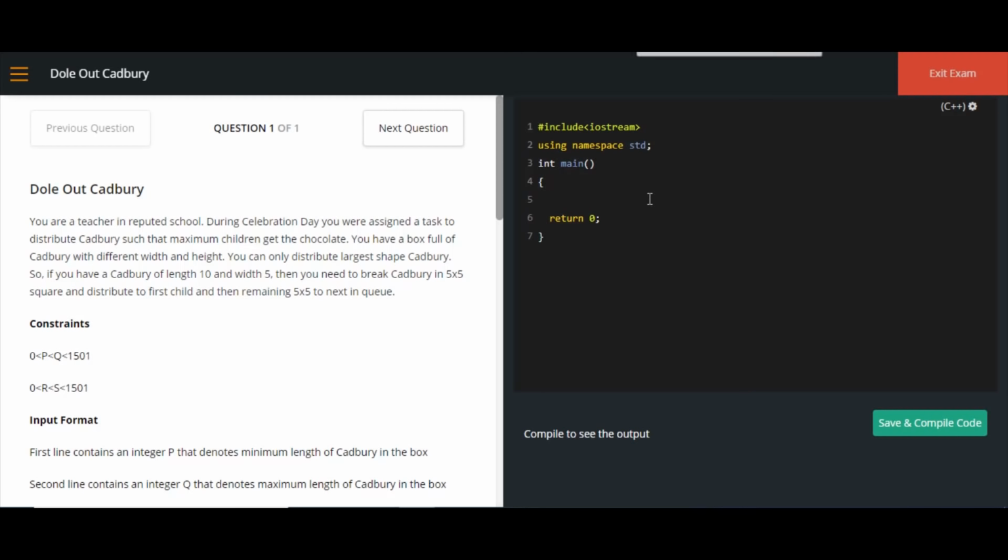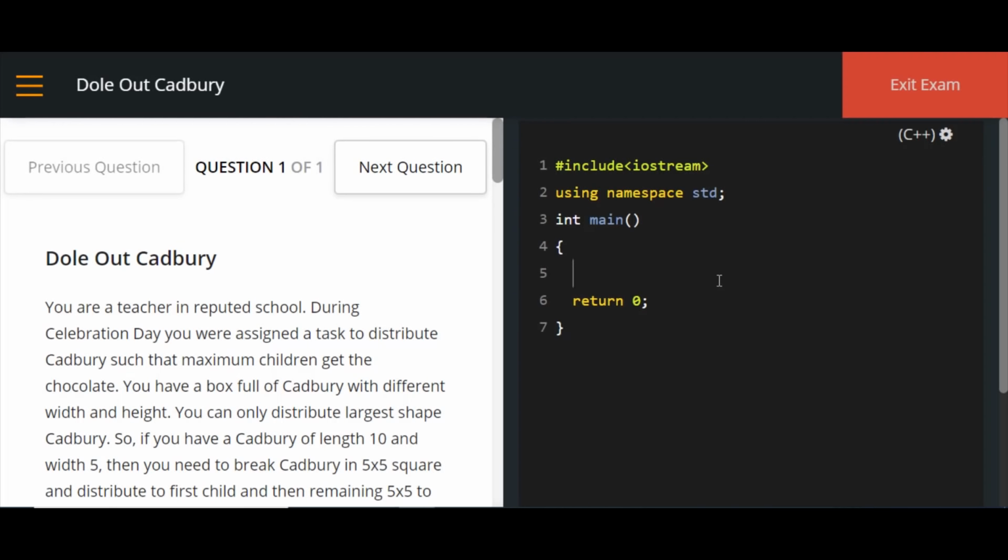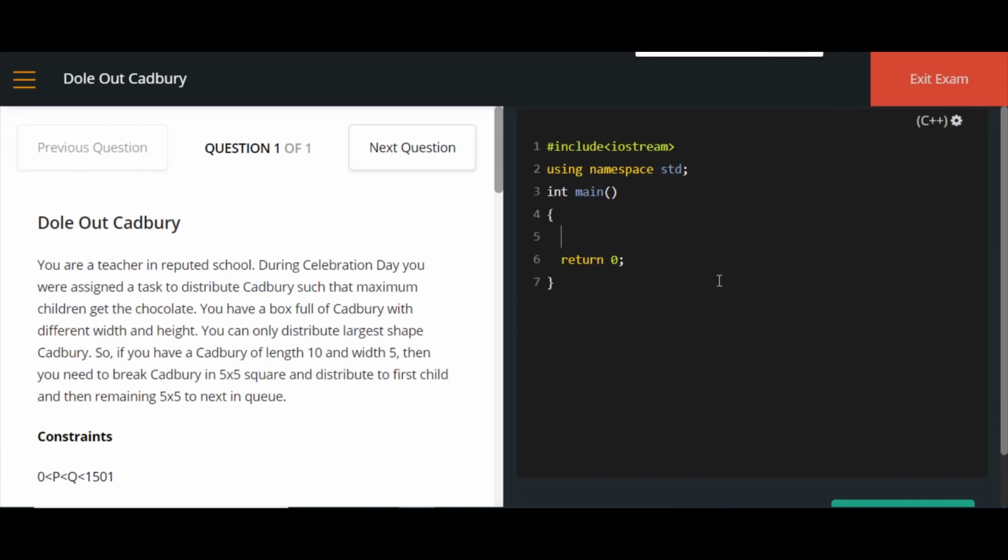I'm going to choose the C++ language. You can make use of any of your convenient programming languages because the logic and pseudocode are going to be the same. Let's get started. So I'll start with the variable declaration. I'm going to initialize sum equal to 0, and then min length, max length, similarly min width and max width. Done. Now it's time for us to take all the inputs.